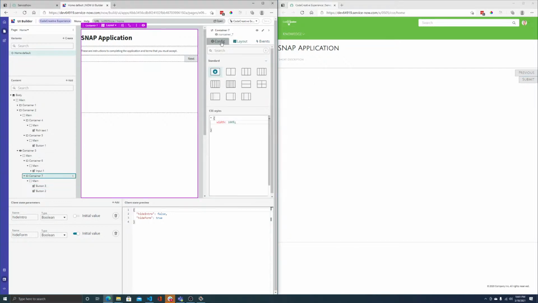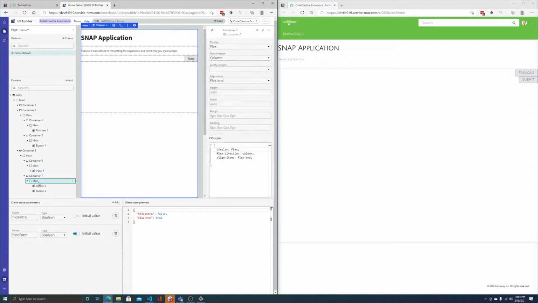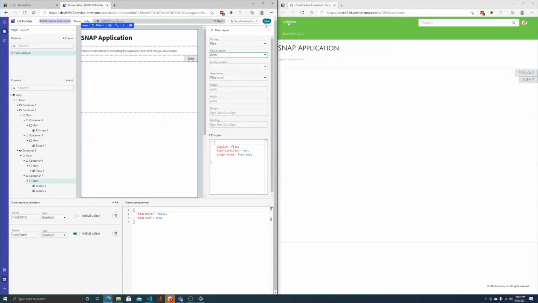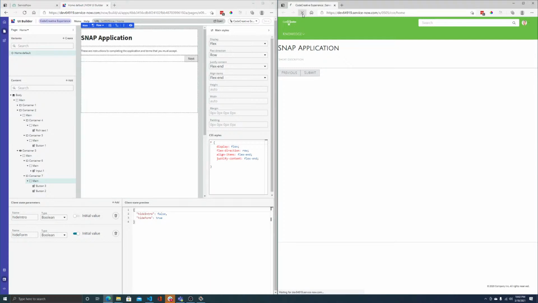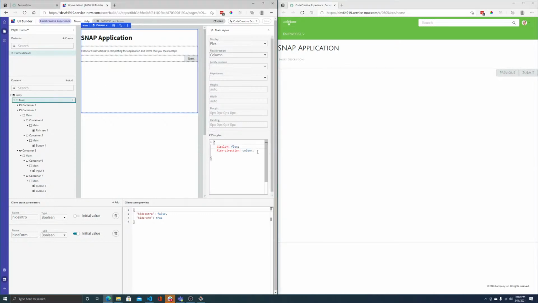And this container, not the container, the main, there we go, flex direction row, and that should put those buttons in line. Next. It broke my right adjustment. Oh, I know why. Because it's no longer that. It should be justify content now because I changed the axis. There we go. So with this, you could build a multi-step form,